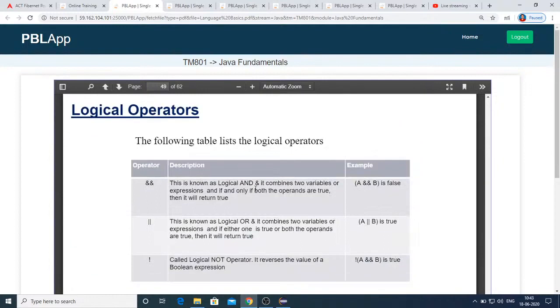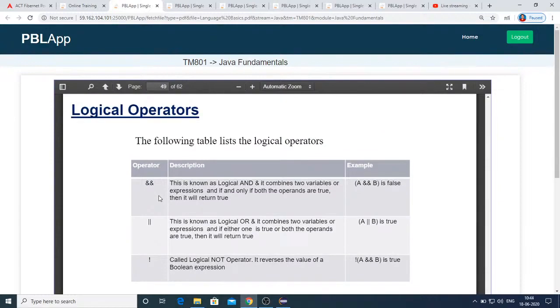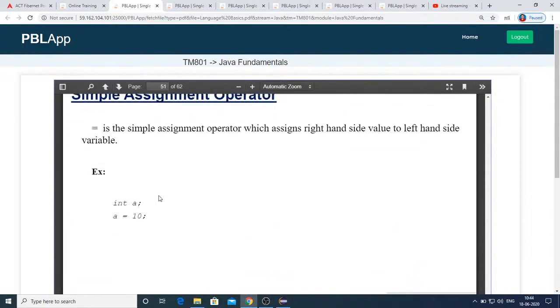These logical operators return boolean on checking two or more conditions. If you want to check two conditions, you can go for logical and, logical or, logical not, and the resultant of these logical operators is boolean. This is about the logical operators.